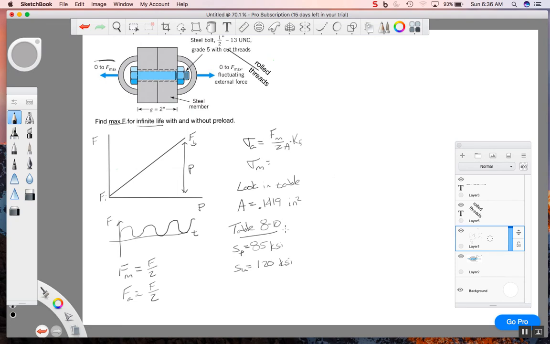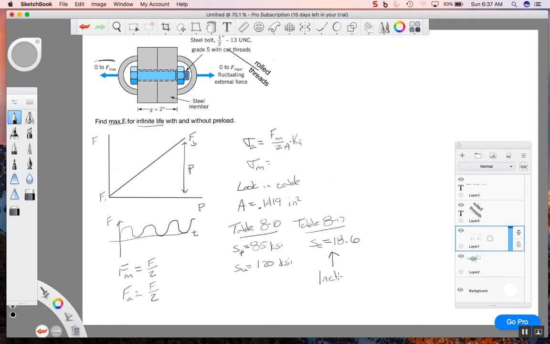And from table 8-17, what do I find there? That it gives me the endurance limit equals 18.6 ksi. Now, it's important to notice that this includes, I'm going to make a big arrow there,